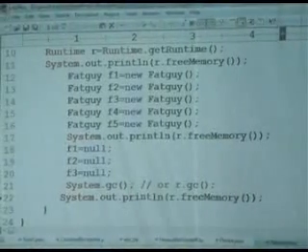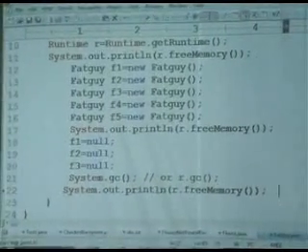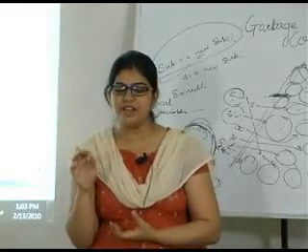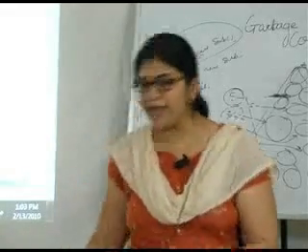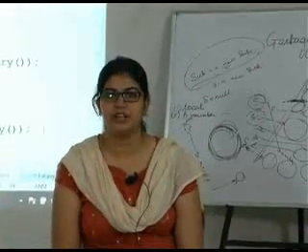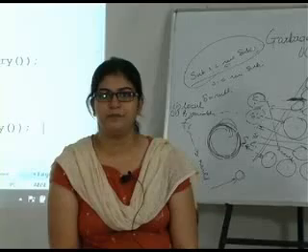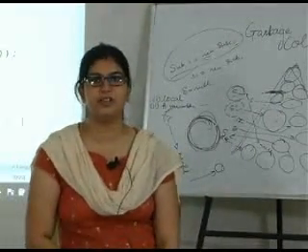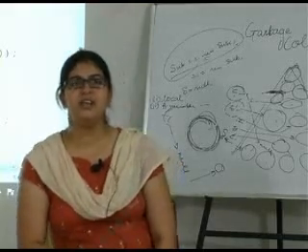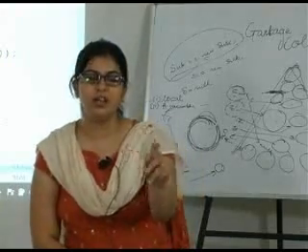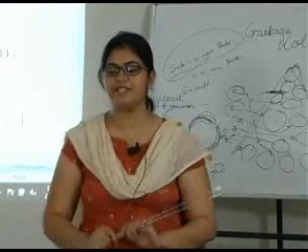Now suppose before reclaiming your object, just listen very carefully. Whenever you are saying that my object is going to the garbage collection and you want to perform some work on your object, you have lost the reference. Now what would you do? How would you access that object? You can't access that object. But I am saying that if you are taking this for garbage collection, please make sure you do 1, 2, 3, 4 steps. I'll give you an example.